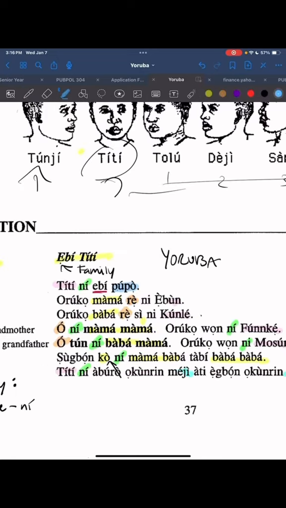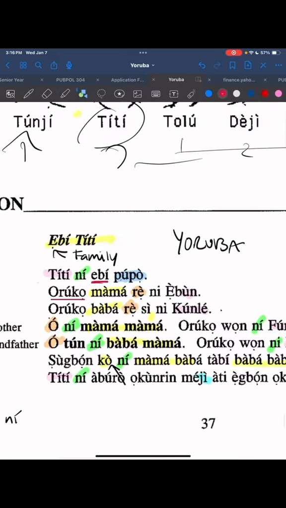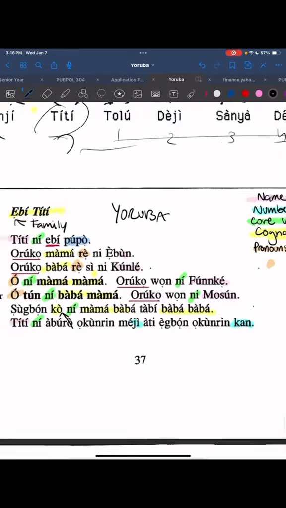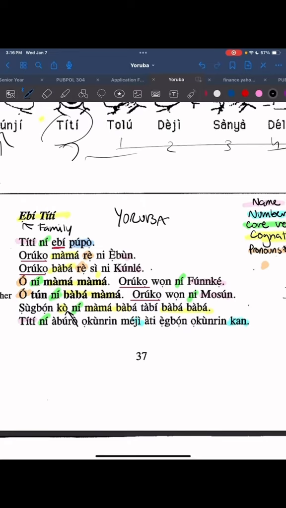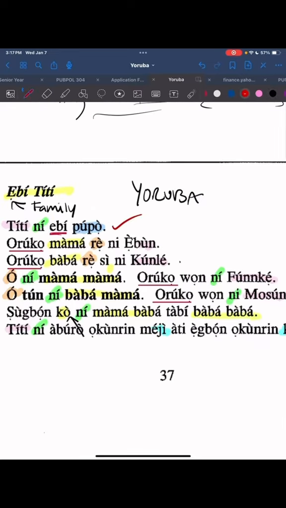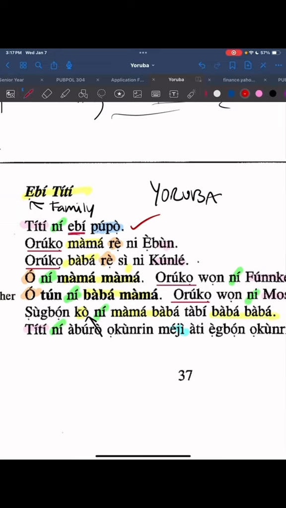Pupo. I'm starting to see another word that shows up over and over again. It's ruko, right? I keep on seeing this word. So ruko. But you don't always have to search up what these words mean. Sometimes you can figure it out from the context. We already did this sentence, right? I got a good idea. Titi has family. All right. Ruko, mama, re, ni, ebun. So if I'm looking at this, re in this context is